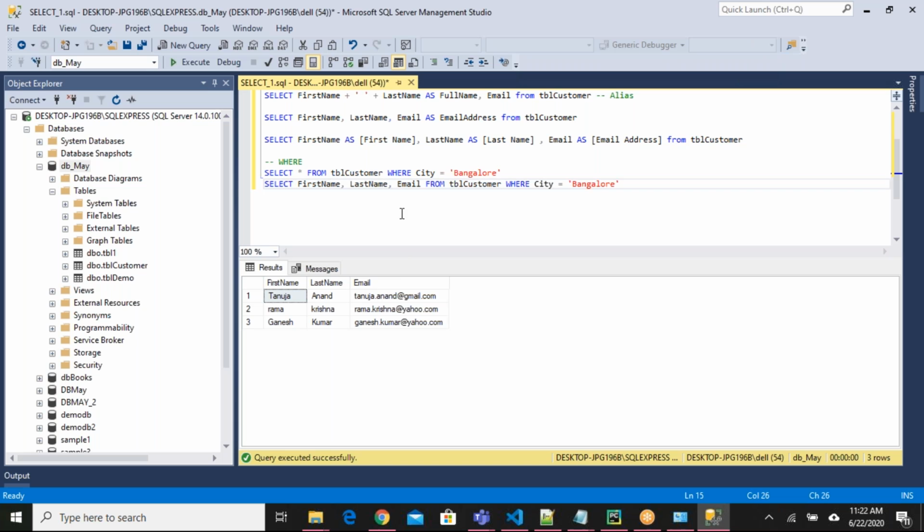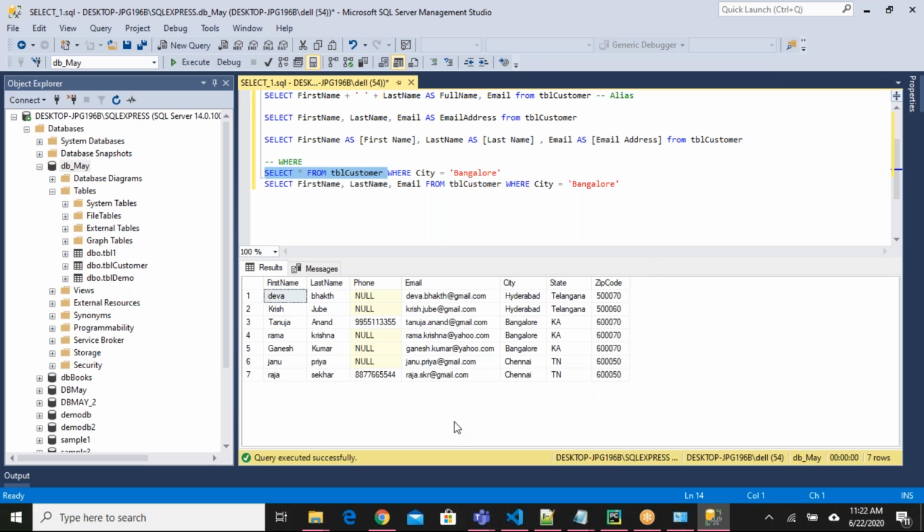Okay. While we are dealing with the where condition, there are different combinations we can try. For that, I want to see the data first. See here, maybe I retrieved information related to Bangalore city only.